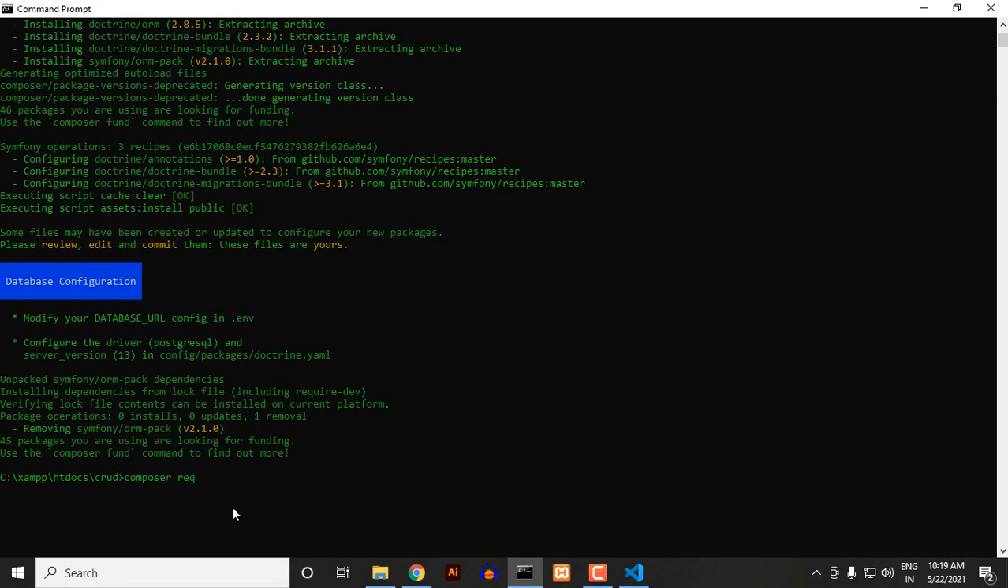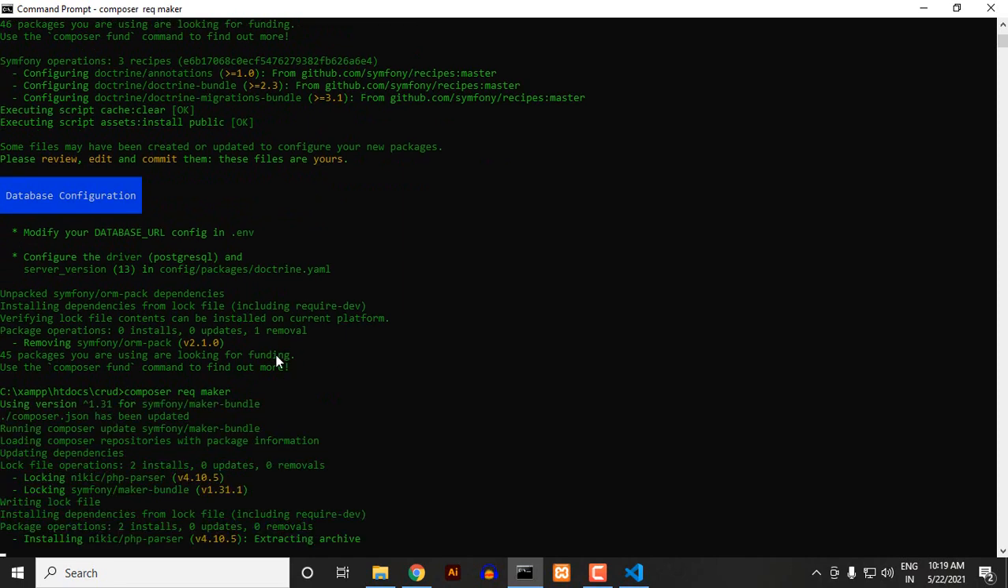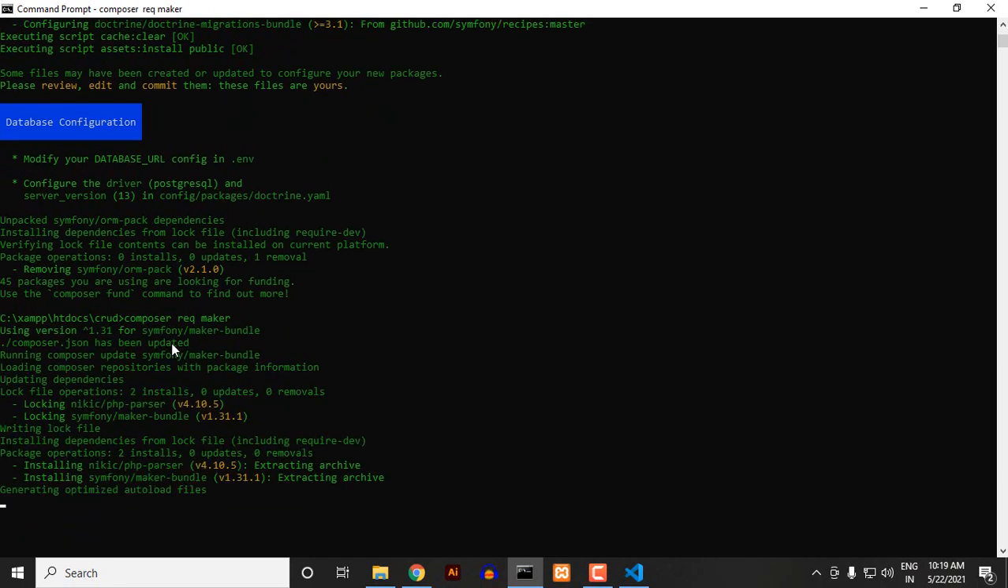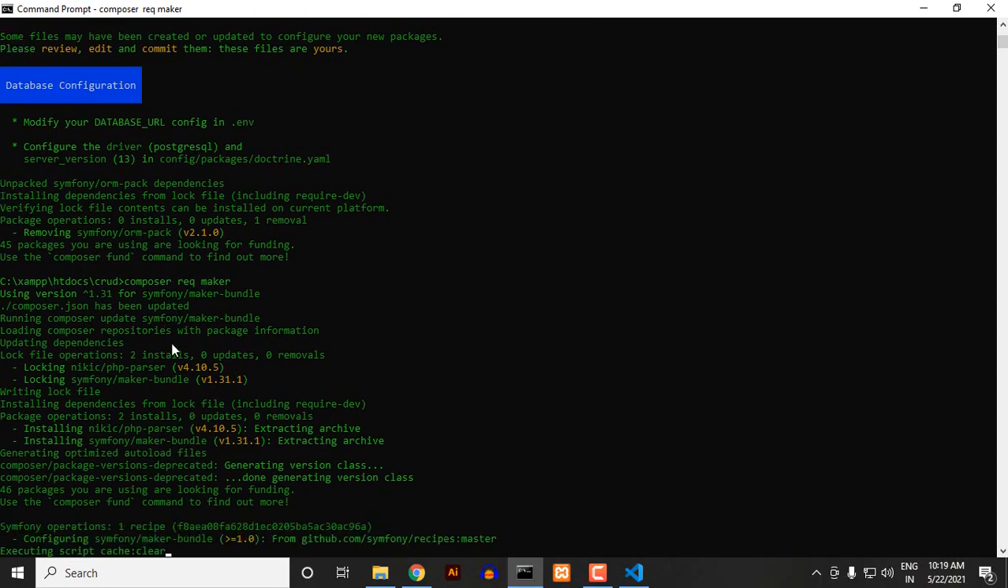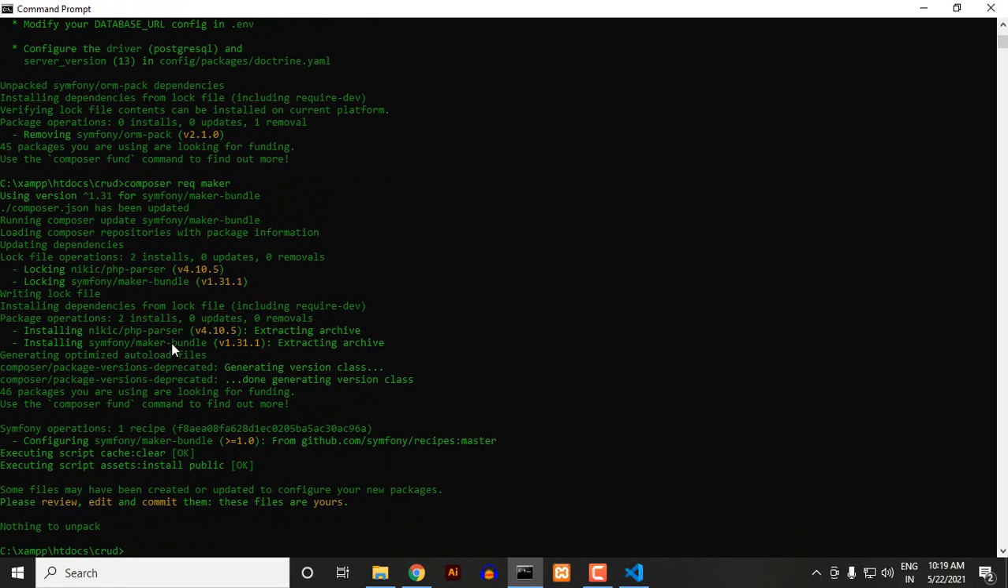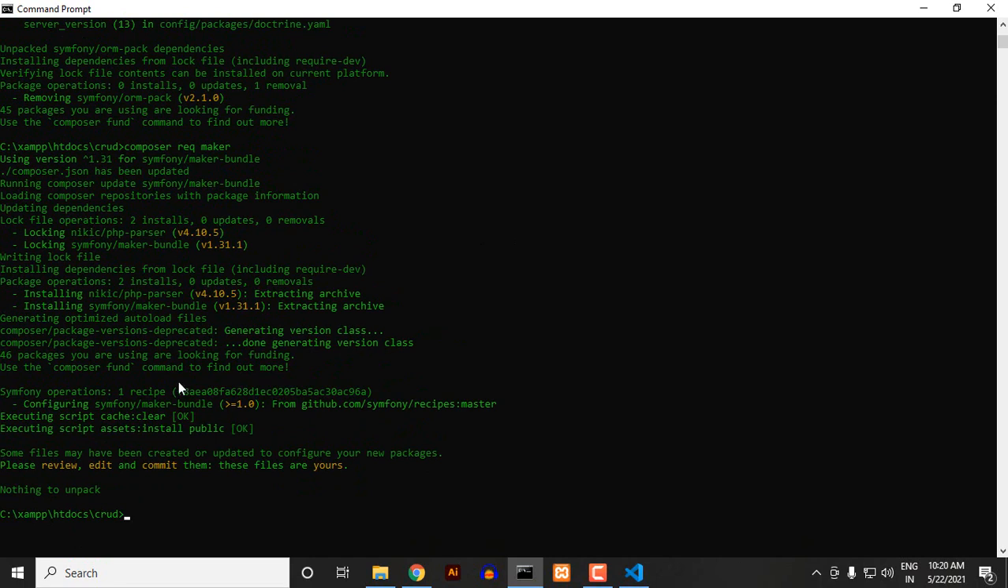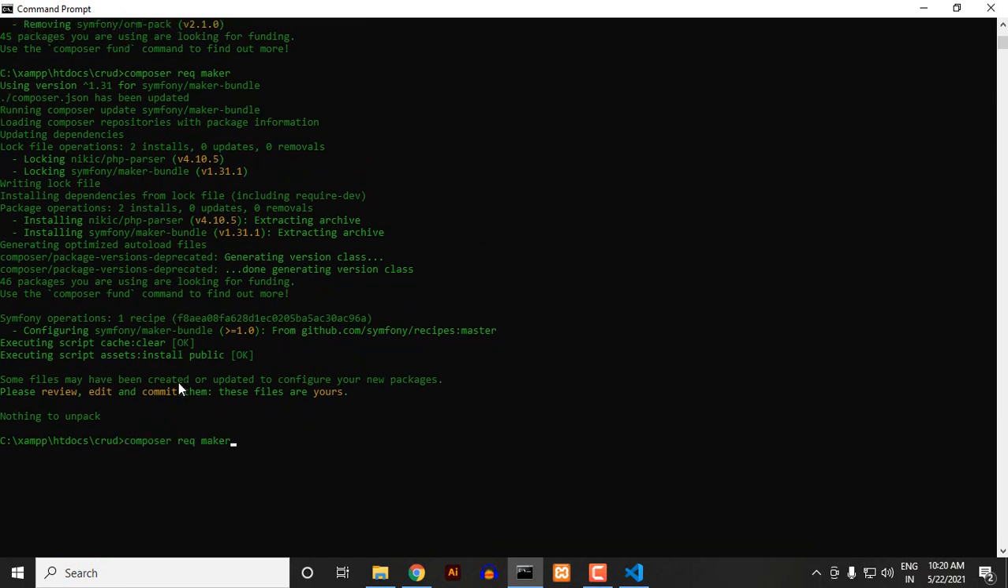development. Okay, so composer require ORM and composer require maker. Okay, so this will install the maker bundle or the maker package. So with the help of the maker package, we can create the entities, we can create the forms, and we can create many things which can be made through the maker bundle. Okay, so our maker is also installed, and now we are going to